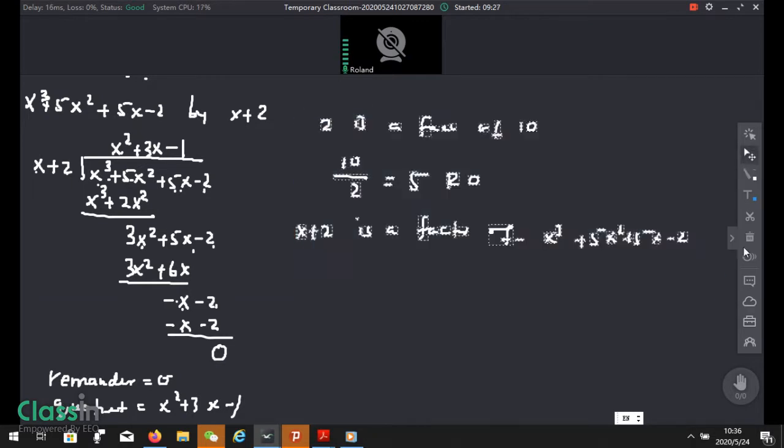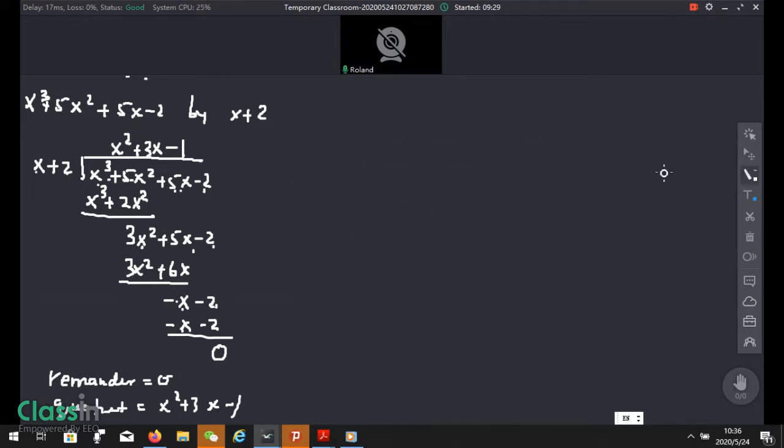All right, let's look at one last example. We want to find the quotient and remainder if 6x to the fourth plus 13x minus 19 is divided by 1 minus x. So 1 minus x is the same as negative x plus 1. We want to divide by